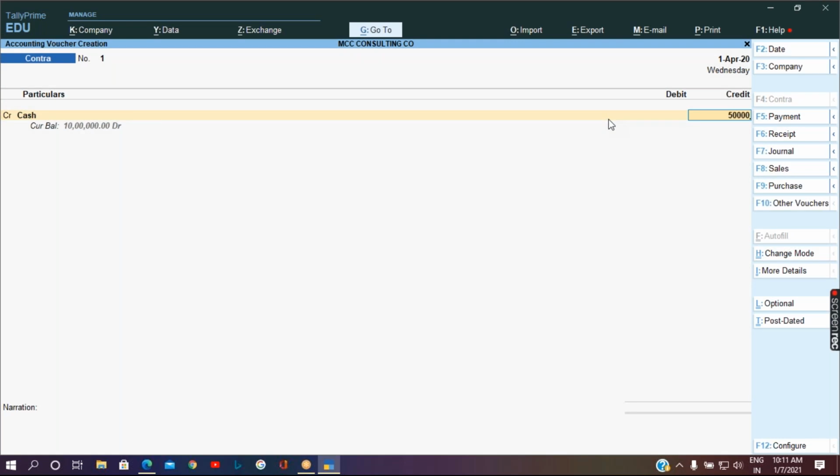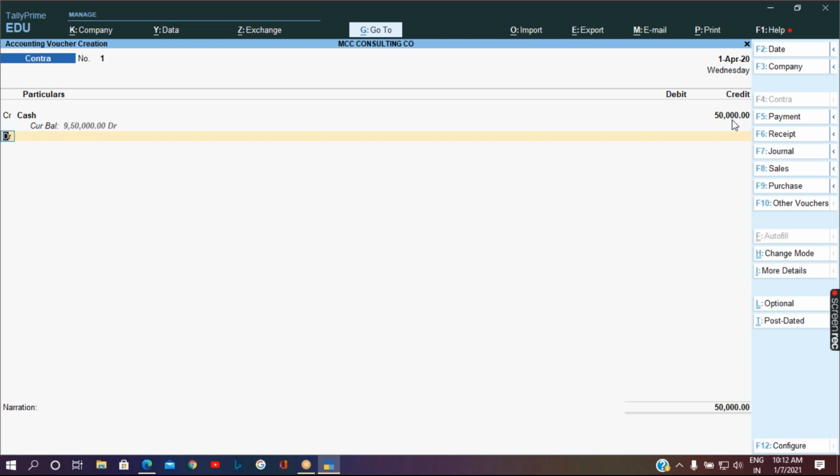One more important thing you can have a look at over here: for every ledger, the balance is shown below it. Before, the cash balance was 10 lakh. Once I enter the value and press enter, you can see the balance get reduced. Either it will increase or decrease. The balance is shown directly at the entry level so that you know how much balance you have.